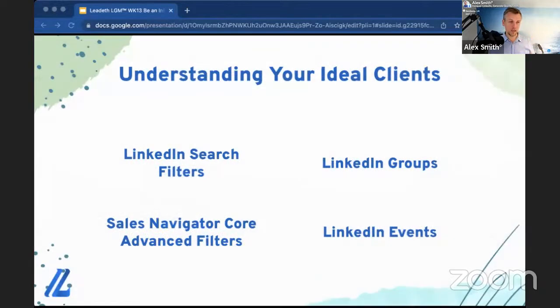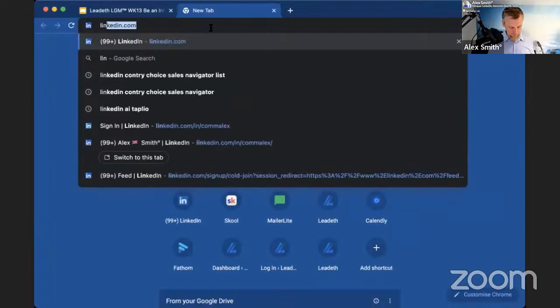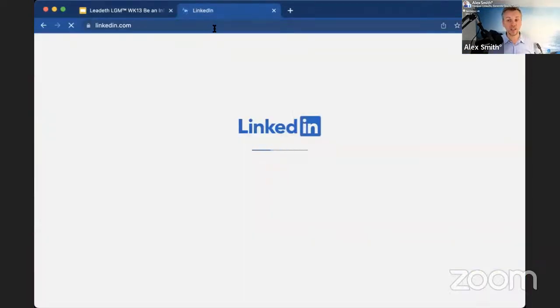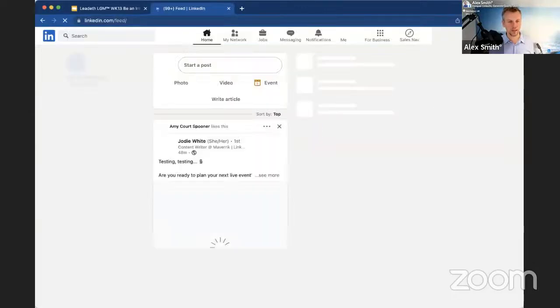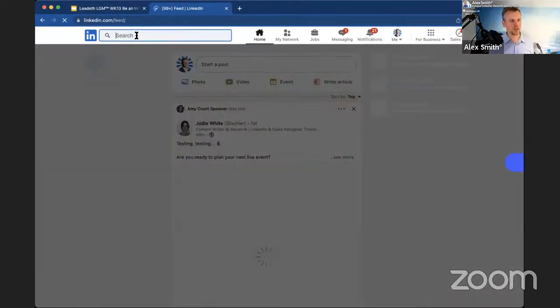So understanding your ideal clients, obviously LinkedIn search filters is the biggest thing that you can utilize. And what that looks like, just for you guys, a quick demonstration. LinkedIn.com. This is the easiest search you can do on LinkedIn, trying to find some prospects. So, big old search box at the top.